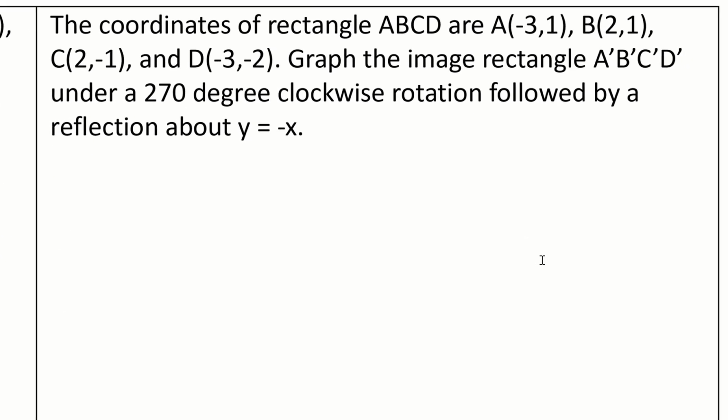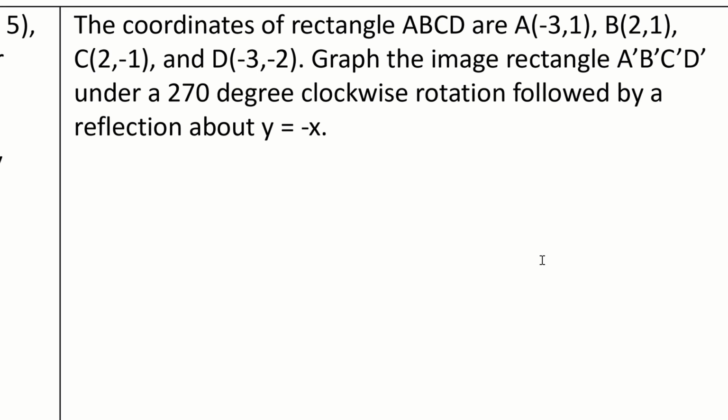Okay, so here we go. We got the coordinates of the rectangle. We want to graph the image under a 270-degree clockwise rotation, followed by a reflection about y equals -x. We did the rule for reflection about y equals -x, but I'll remind you again how that works, just in case you forgot. So if I rotate 270,